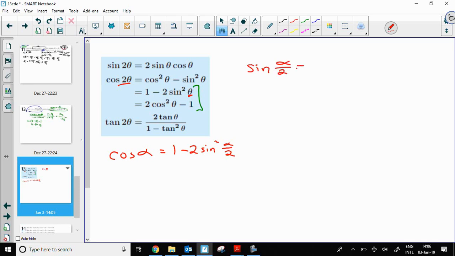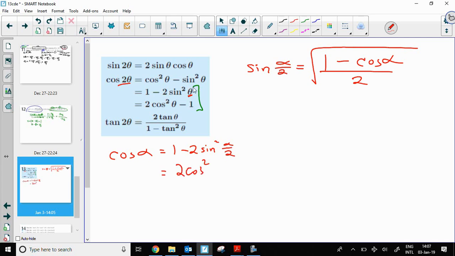That means that sine of alpha over 2 should be equal to 1 minus cosine of alpha, and then we divide by 2, and then square root the whole thing. Using a similar trick, but with the fact that this could also be written as 2 times cosine squared of alpha over 2 minus 1, that means that cosine of alpha over 2 should be equal to the cosine of alpha plus 1 all divided by 2,